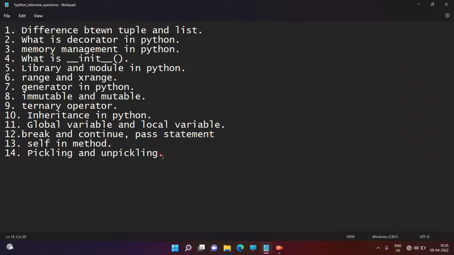So converting a Python object into byte stream data is called pickling. And what is unpickling? Converting back from byte code into the original Python object is called unpickling.